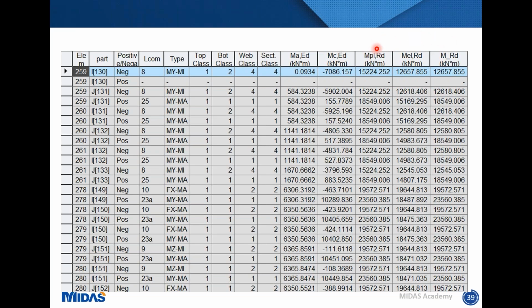Further to this, you have your resistance capacity, whether it's plastic, if it's class 2 and above, or even if you're class 3 as well for a steel section. And then for a class 4 section, you have the output that the software is able to produce. You can use that as a basis, at least in the first instance, for checking that your results are okay. There's nothing wrong. If anything comes up in red, then you know that the section is not working, and you might need to have a better look to figure out why that's failing, and you can look to try and optimize that element of the design.